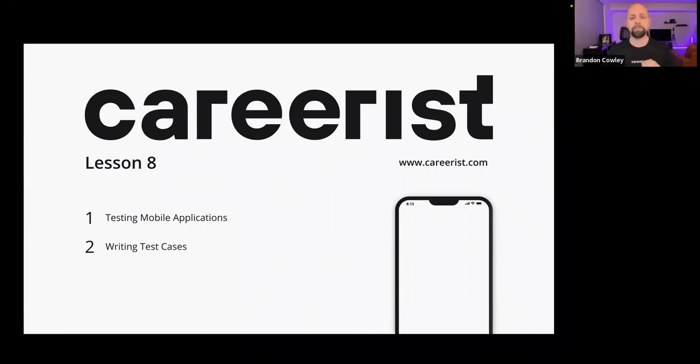So today is lesson 8. We're going to be talking about testing mobile applications, and then we will be talking about writing test cases. Writing test cases for mobile is nearly identical to writing test cases for web apps, right? Very little differences. The only things that you want to think about when you're writing the test cases in particular are making sure that in addition to having the hardware and the software information, you're including app versions. And then you also want to give special consideration to how we test mobile. We'll get into a little bit of that during the first half of the lesson here tonight.